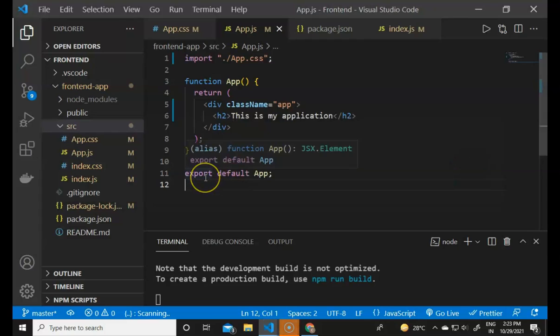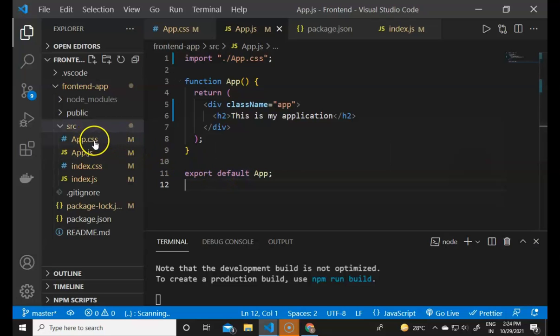So now we have a default application, and now we will create some components. Components are the independent and reusable building blocks of a React application. So the elements of the HTML like the header, the div elements and the product pages will now contain their own components. So now we will create some components.